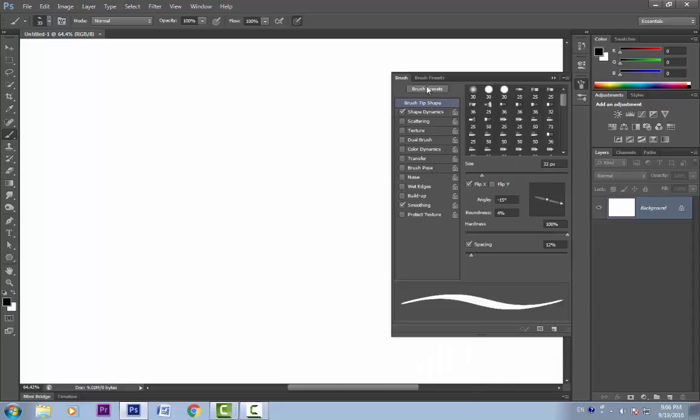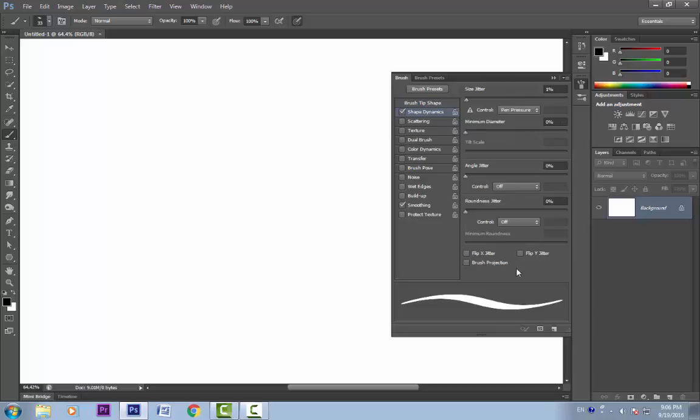Okay, now I'll go from top to bottom. The very first one is the brush tip shape. This is the most basic tab among all these. Below these are the other options which are separated with this black line. It means that they have their individual settings. If I click on this, you can see it has its individual settings. These dynamics down here are not separated by a black line. It means they do not have their individual settings. We can just turn them on and off. We cannot select them.